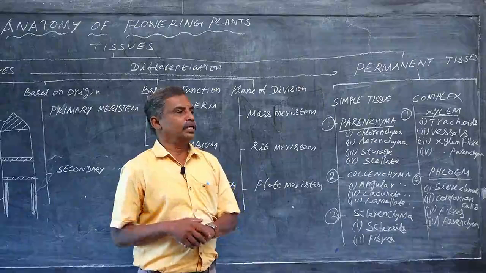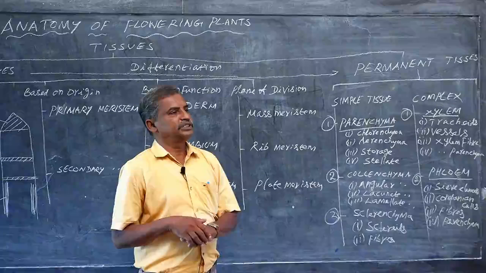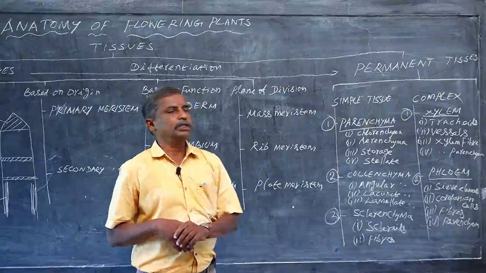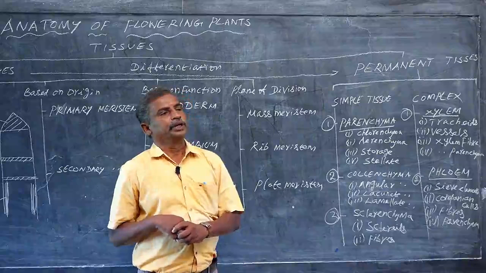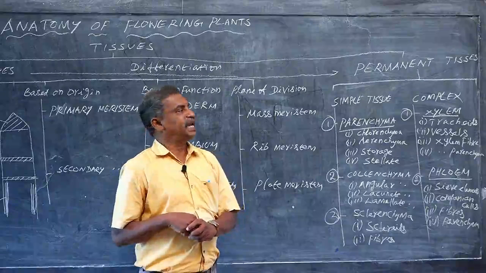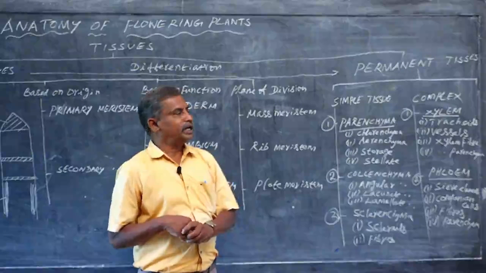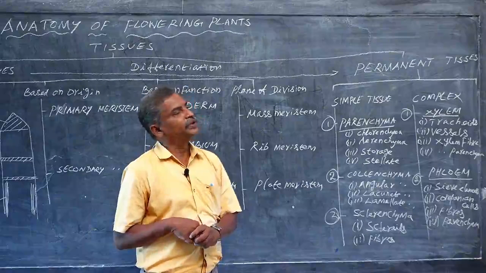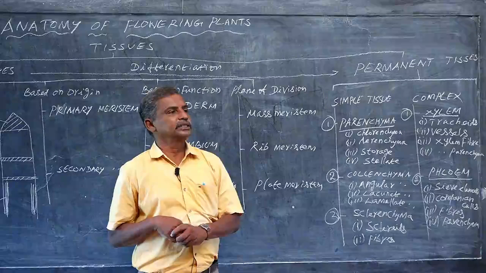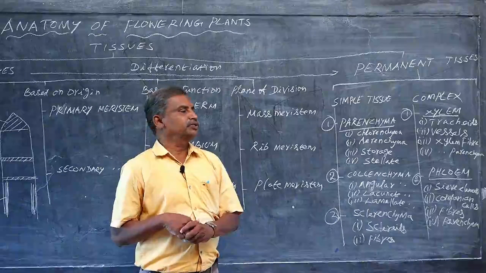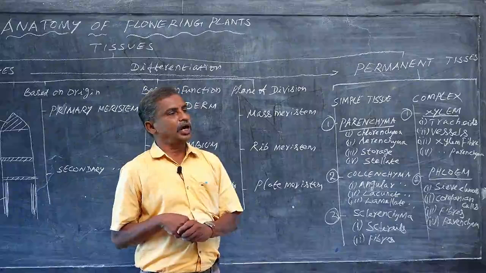There are two types of wood, sapwood and hardwood. Sapwood is a living tissue which doesn't have any tyloses. Hardwood is the strongest wood, which has tyloses. It is a dead tissue in which water conduction doesn't take place because of the presence of tyloses. The tyloses have resins, tannins, and oils, which give longevity to the wood. So, this wood is called hardwood.